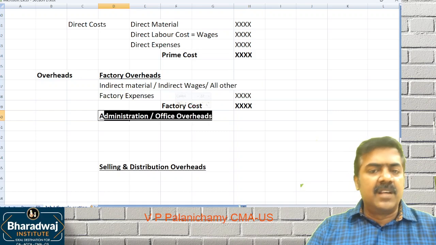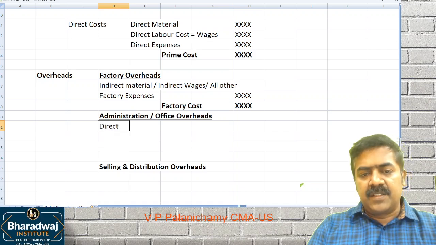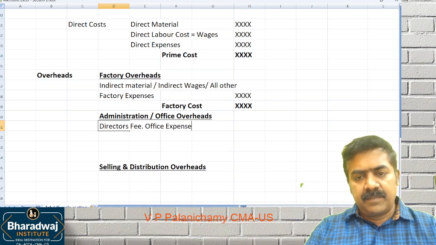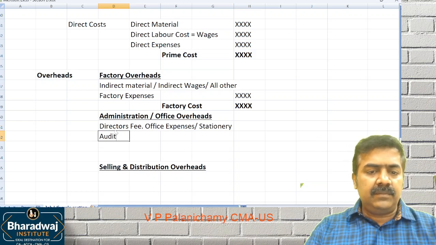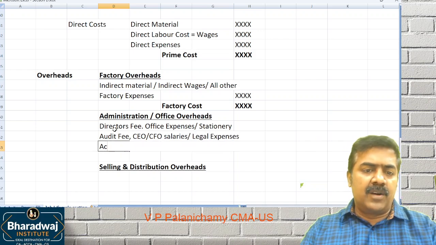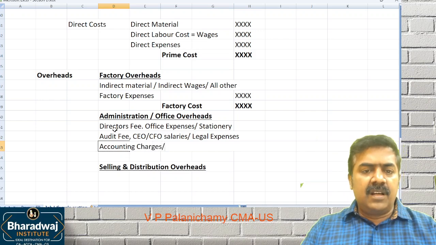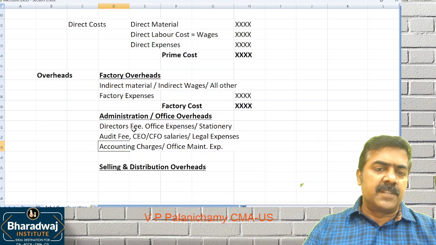Administration or office overheads means the expenses which are spent at the corporate office, which may be like directors' fees, office expenses, then all the stationery consumption in office, audit fees, okay, and CEO, CFO, etc. salary, legal expenses, accounting charges. Okay, so like this, any expenses, office maintenance expenses, which may be rent and other expenses, they are called as